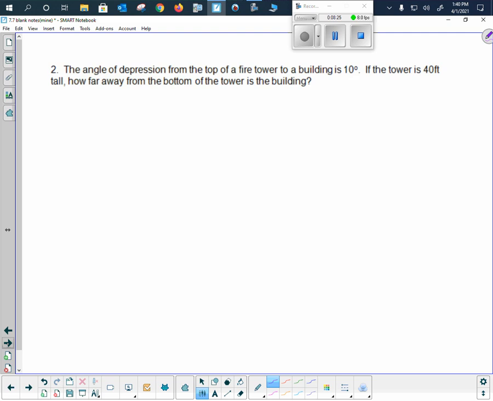Please change one thing for yourself. Let's make it to, because we need to be specific. Let's say to the base of. Okay, so make it say to the base of a building. Okay, here we go. I'm just purposely going to draw the triangle in a different direction. There's the right angle. So the angle of depression from the top of a fire tower to the base of